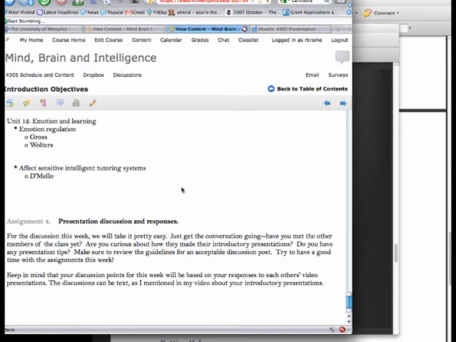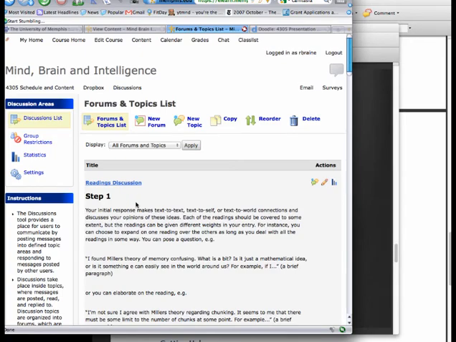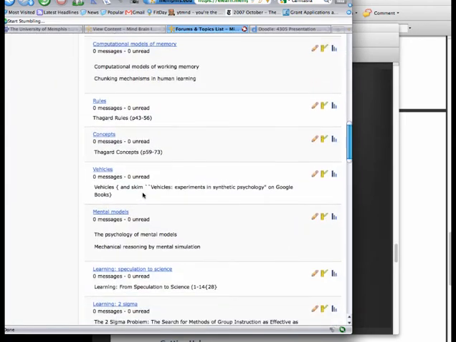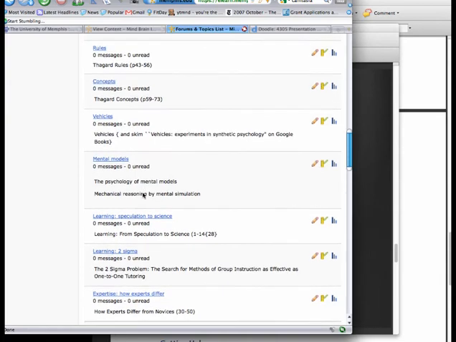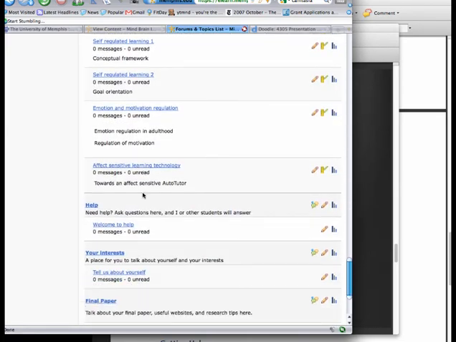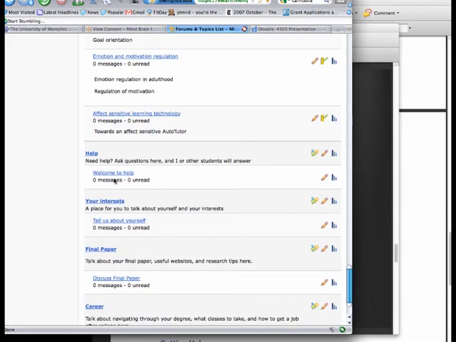Okay, and one final note is, if you have any questions, please ask them in the discussion section itself, because there's a very good chance if you're wondering about stuff, other students are too, or other students might know how to answer them. So for that, we'll just go down to this help section,